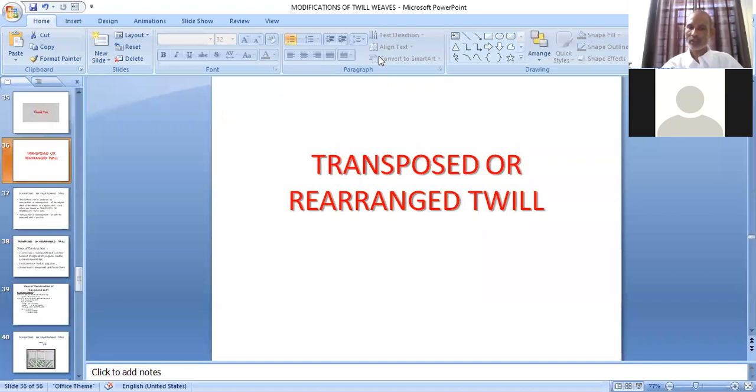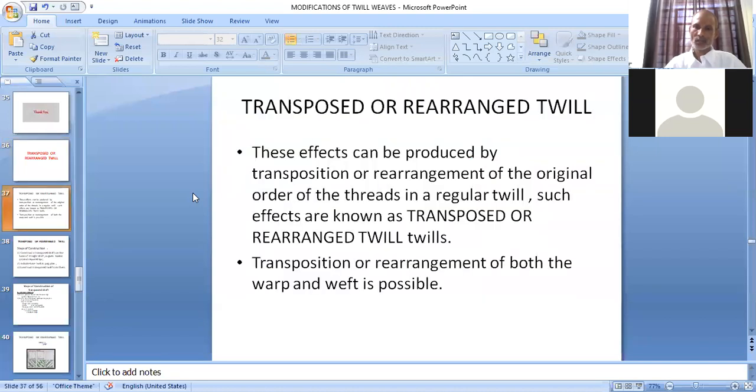So today we are taking transposed or rearranged twill, and these transposed or rearranged twills, as the name suggests, can be produced by transposition or rearrangement of the original order of the threads in a regular twill.